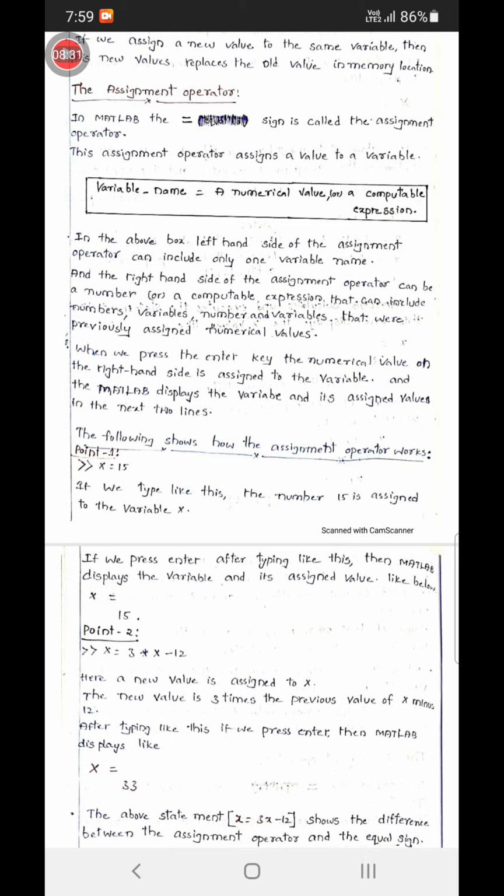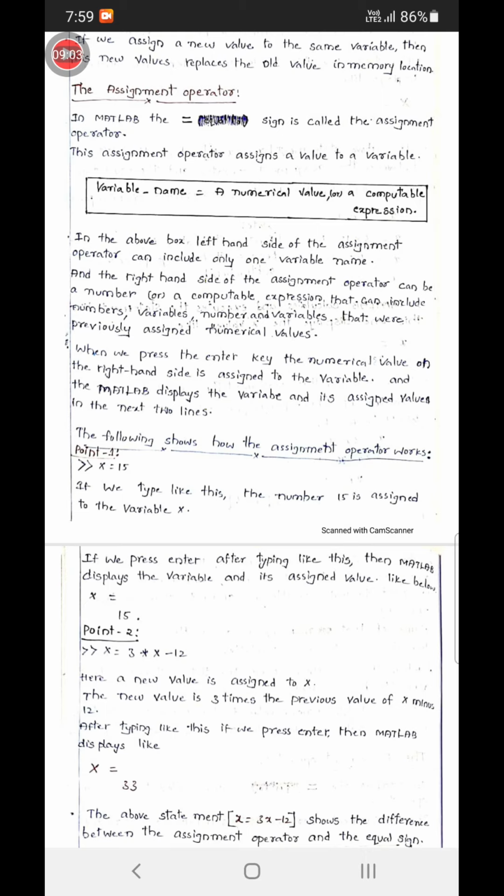Yes, after defining the variable, when we press the enter key in the command window, then that value is going to be assigned to that particular variable. So like that we can represent the assignment operator.